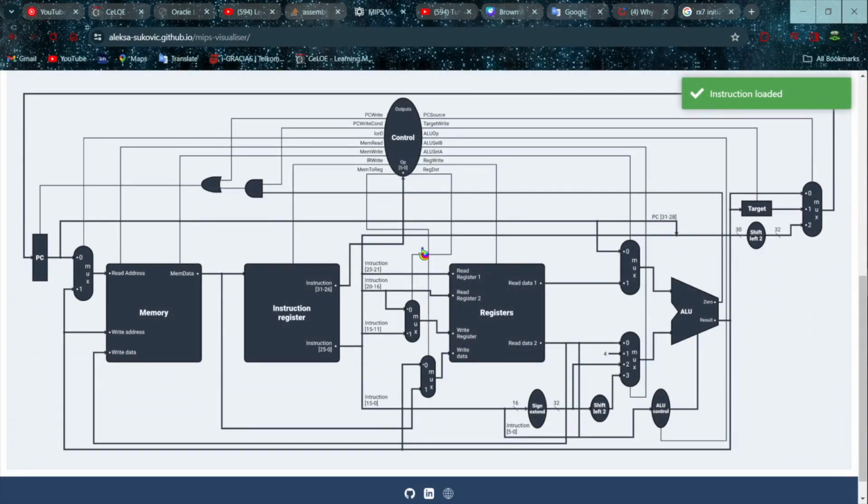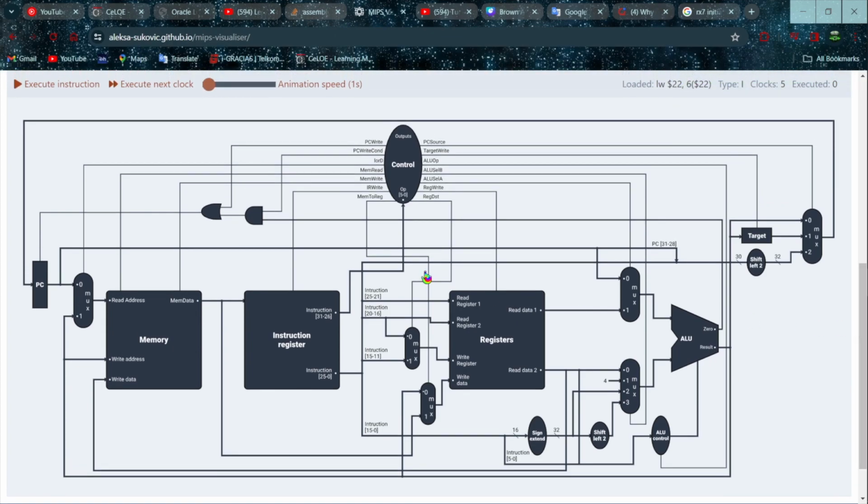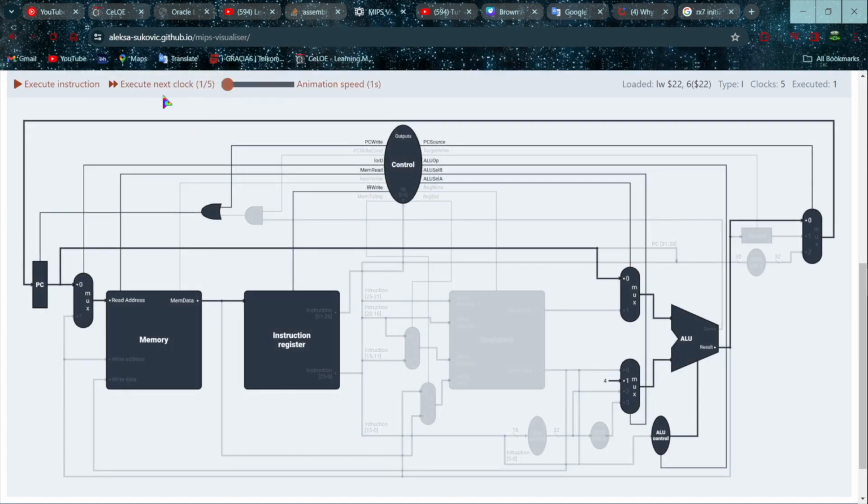So we're heading to the visual architecture for load word in this MIPS configuration. First, we execute the first clock. The PC reads 4 increments of 32 bits of memory, so incrementing by 4, and the memory contains 8 bits of data.